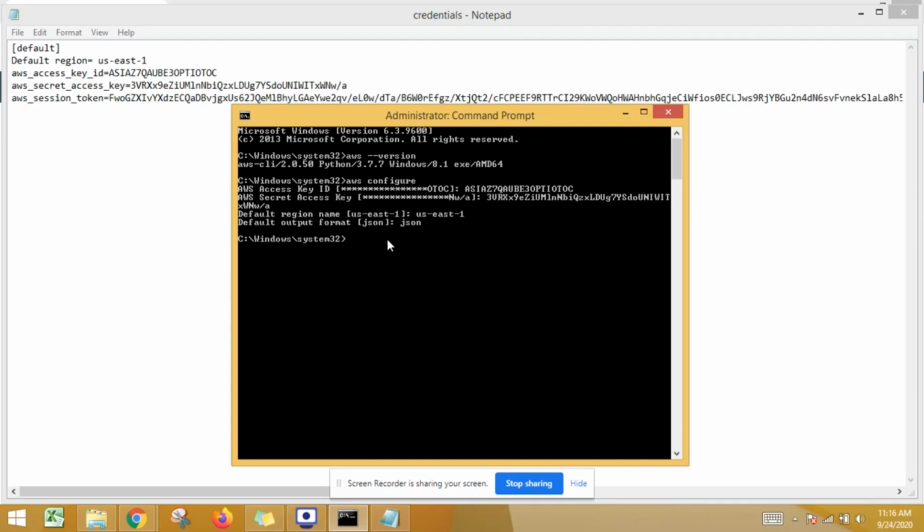Let's try one command here: aws s3 ls will show me whether within the console I have any list of buckets. If I press enter and any bucket is there, it will display. Right now we don't have any buckets, so nothing is displayed.